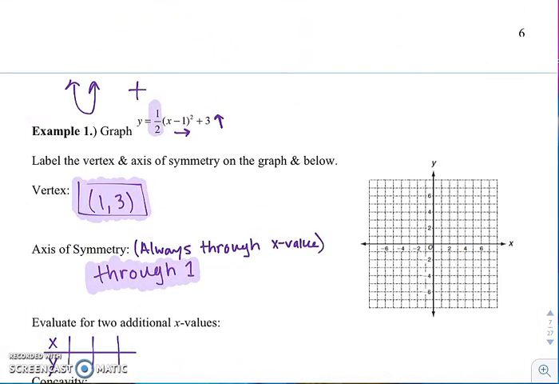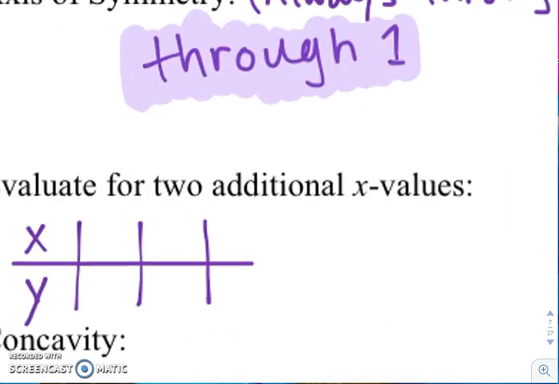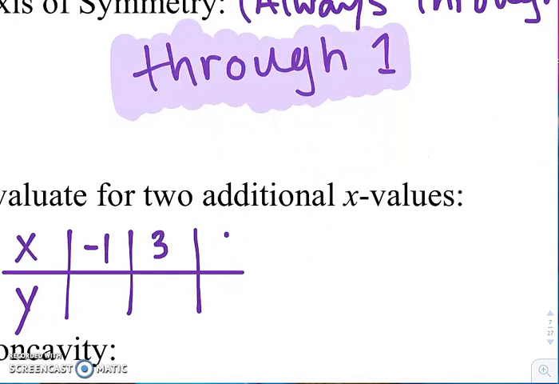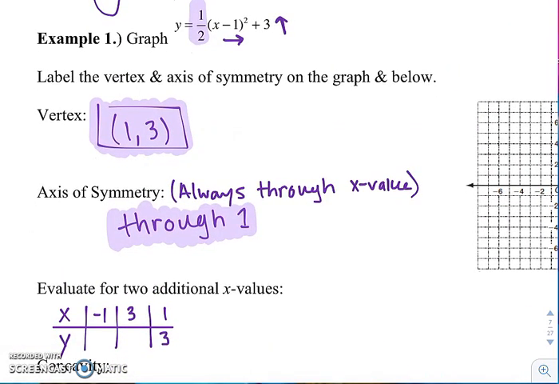And then it asks us to evaluate two more additional x values. So I'm going to do -1 and 3. I'm going to put my vertex in here since we've already calculated that. So if we plug in -1, we have 1/2 times (-1 minus 1) squared plus 3. So -1 and -1 is -2, squared is 4. So 4 times 1/2 is 2, plus 3